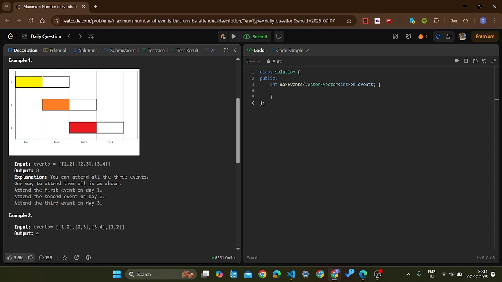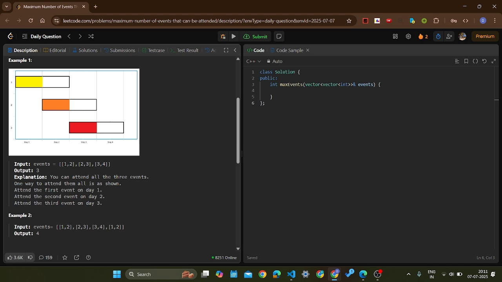We are given the start time and the end time of meetings, for example, and they are all scheduled, say, in the same room. So we need to find out the maximum number of meetings that can be scheduled in that room without conflicts, without any overlap. One greedy solution to that is we sort the meetings according to their end times, and then we start taking the meetings in the same order.